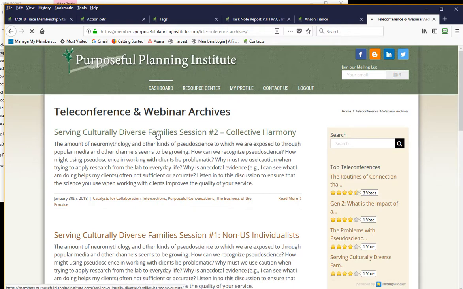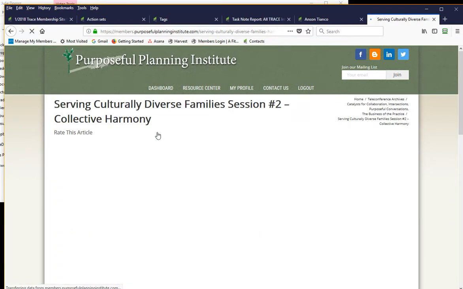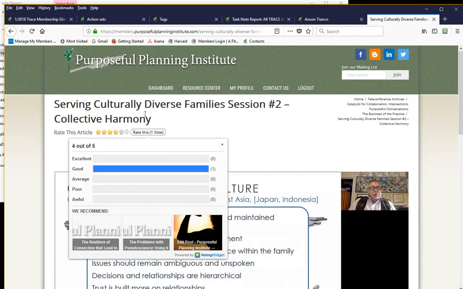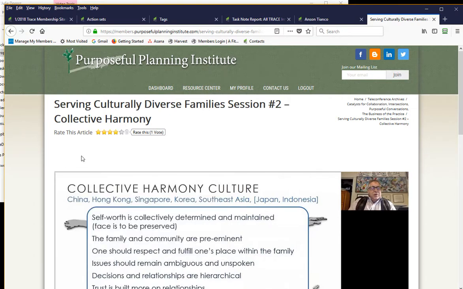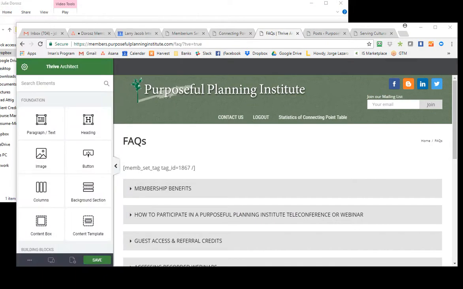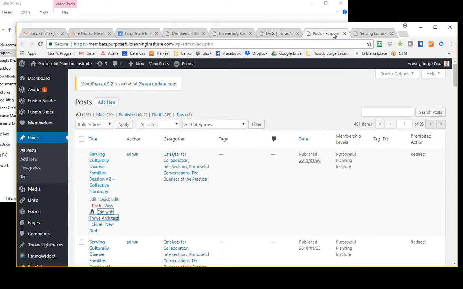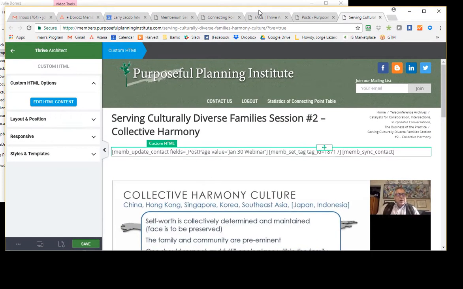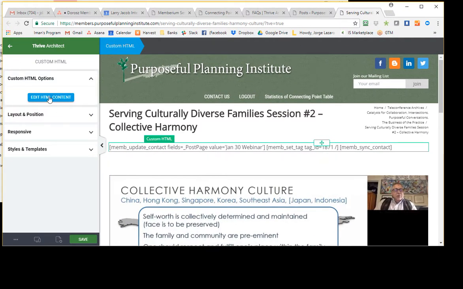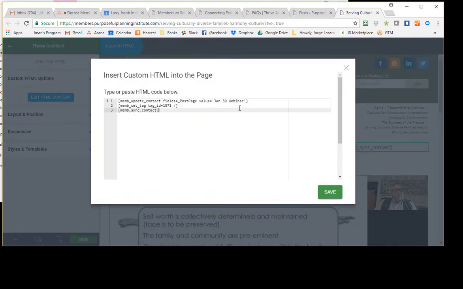So if I click here, there's a slightly different way that I'm doing the tracing. Right in here, something's happening. Let's take a look at that page, if I can find it. Here it is. This is one that goes with that page. This tracing at the top does the set tag like the other one, because 1871 is the tag that corresponds to